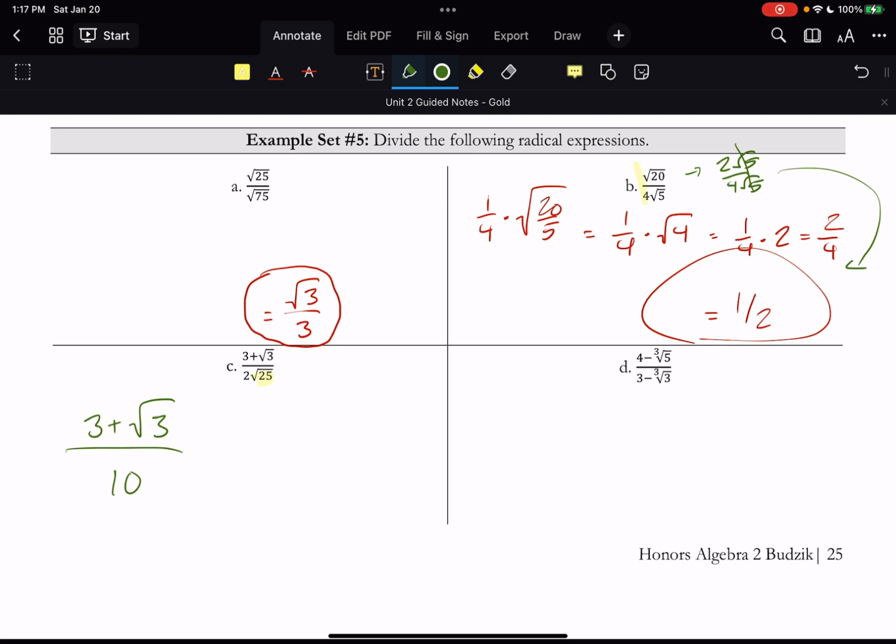And then I ask myself, can I simplify that down any further? And the answer is no. There's nothing to divide. The GCF's already been looked at, it's already simplified down. It's the simplest fraction, it's simplest radical form, and so that's it. And you do not need to